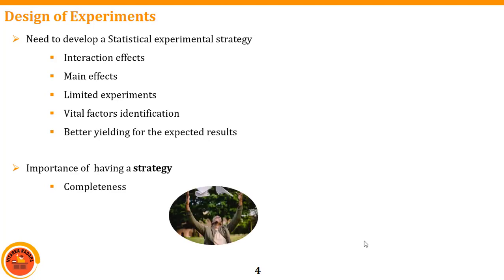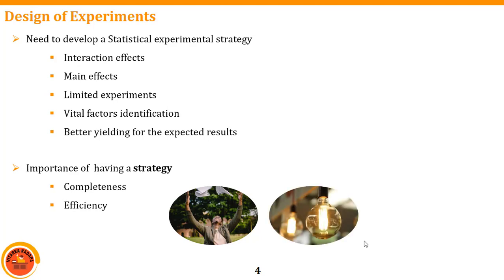Among that, one is completeness. It should be as clear as possible. Like, yes, I have completed this one successfully. We need to have that in our mind. Next one is efficiency: to what level it is giving better results. And the third one is insight: whether the proper way of justification is done by each and every set of experiments or not. So completeness, efficiency, and insight talk about my strategy.